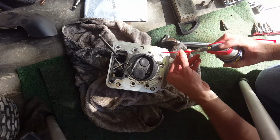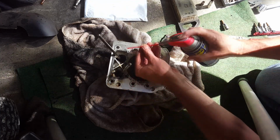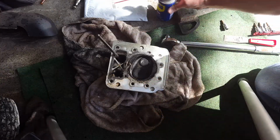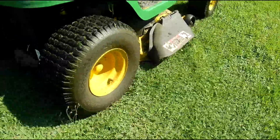All right, because this is aluminum, I'm going to be very careful, right? Very careful here. Just putting some WD-40 around. So while I clean the old gasket material off the head with a dull putty knife, and also off the